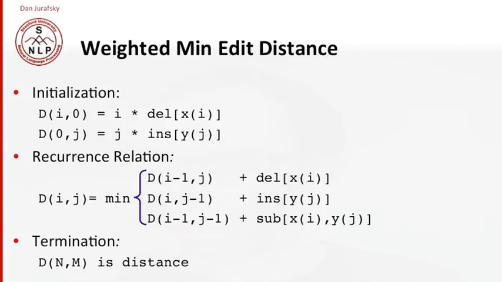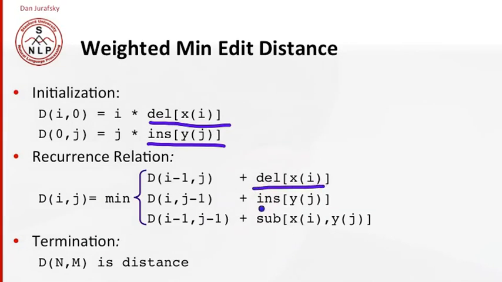So we're going to represent this by modifying the algorithm slightly to add weights. Where in Levenshtein distance we had a cost of 1 for insertion, 1 for deletion, and 2 for substitution, in weighted minimum edit distance we simply add a special cost that we have to look up. So in the initialization, instead of adding 1 for each deletion, we have the actual cost of deletion. And instead of adding 1 for each insertion, we add the cost of each insertion. And so on for the